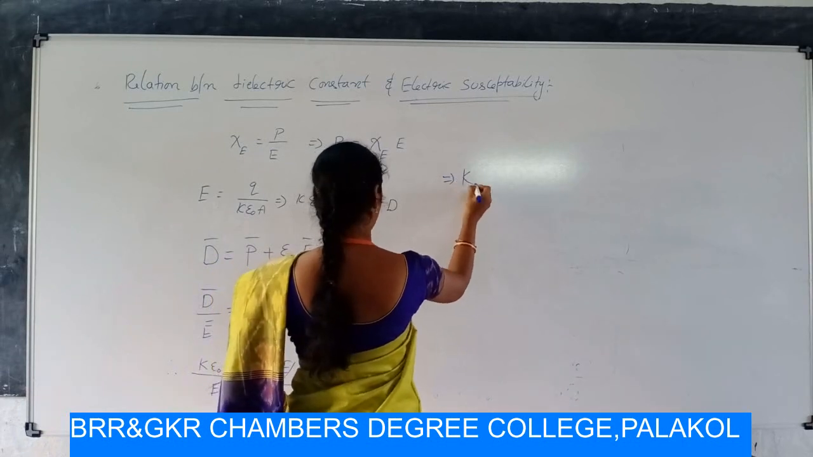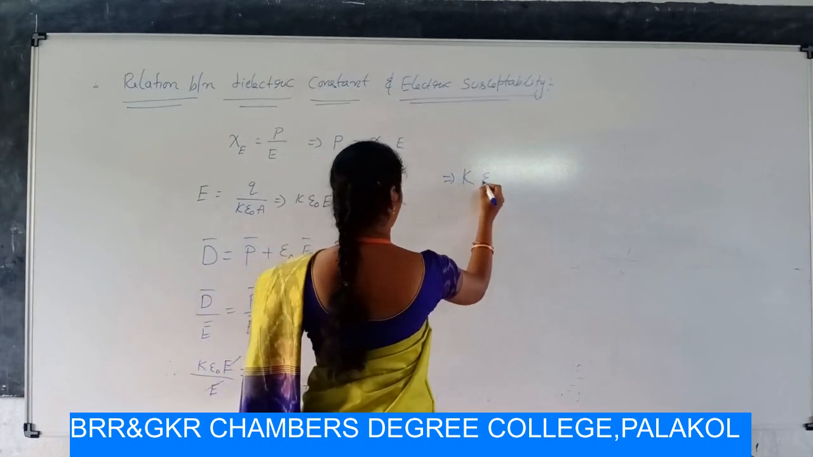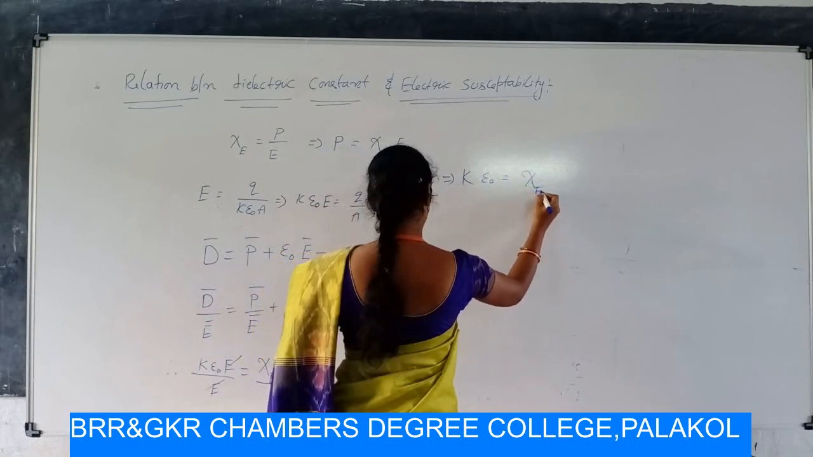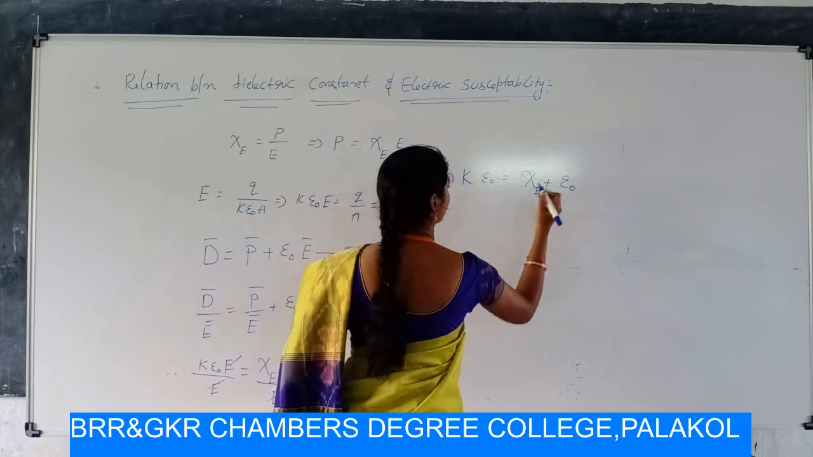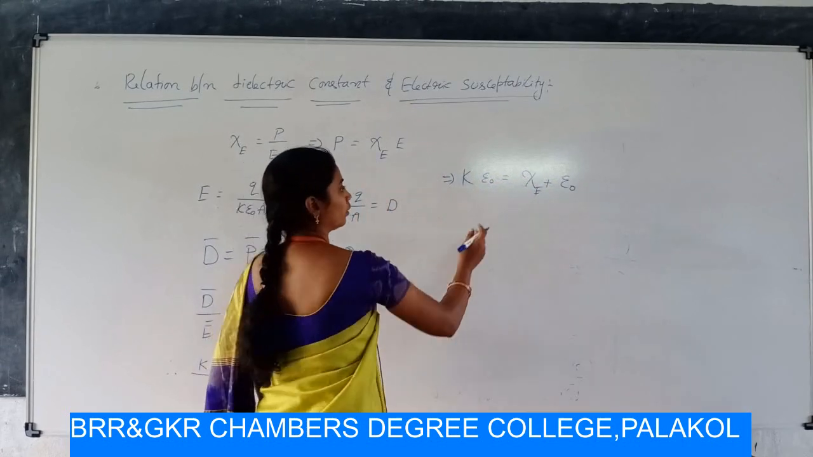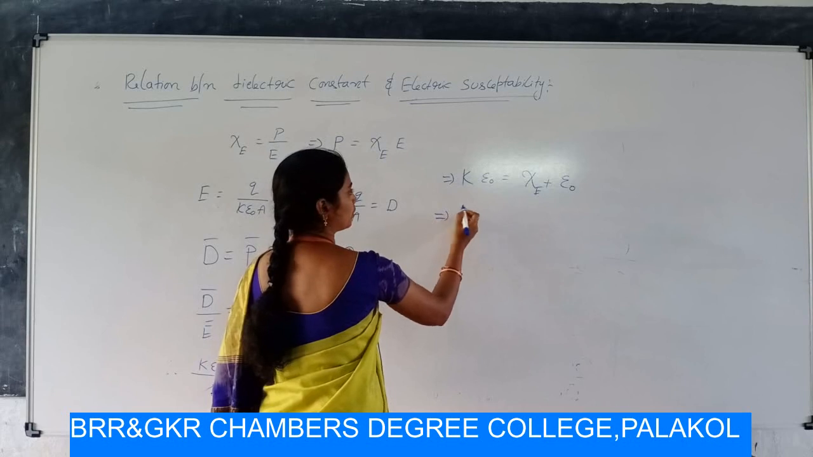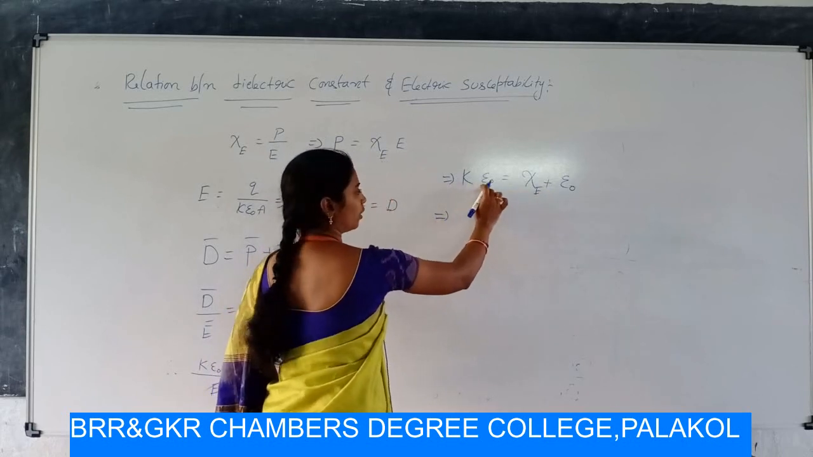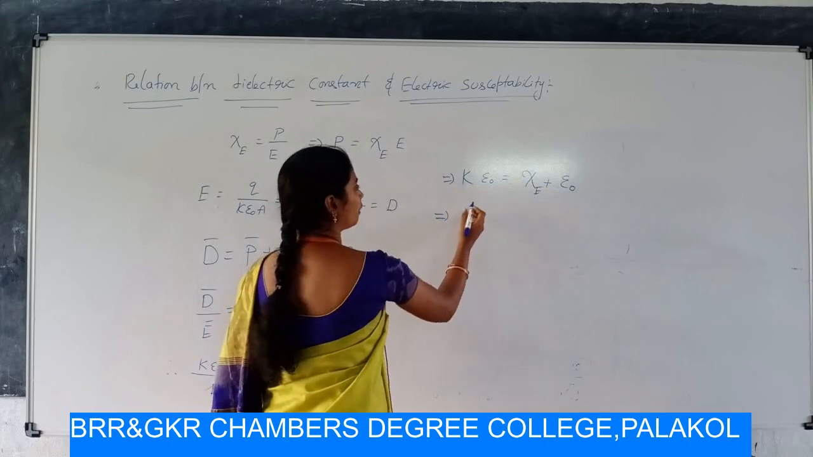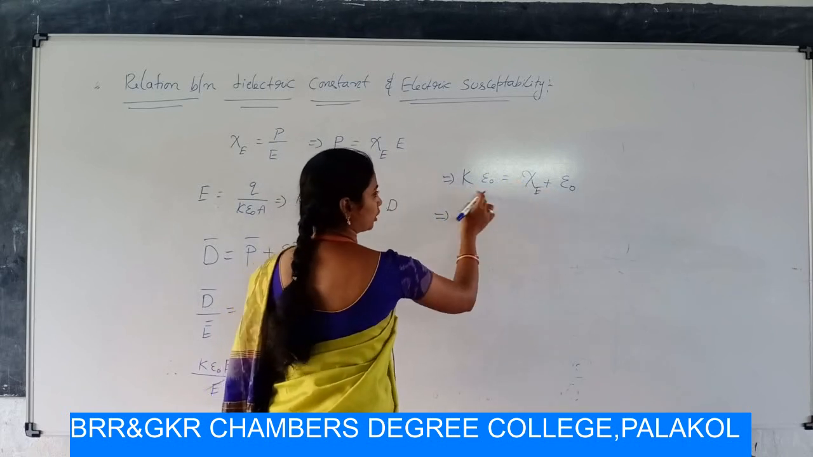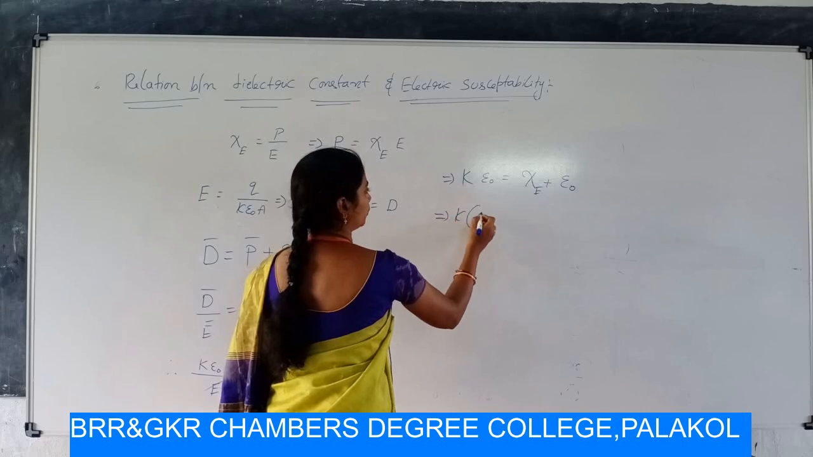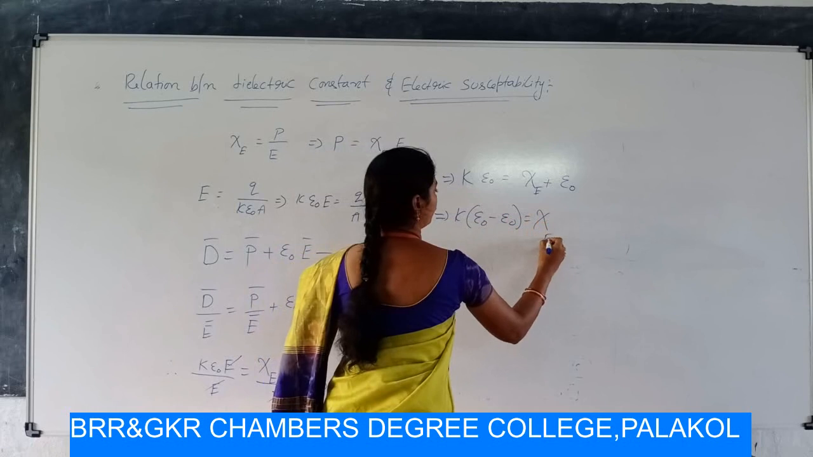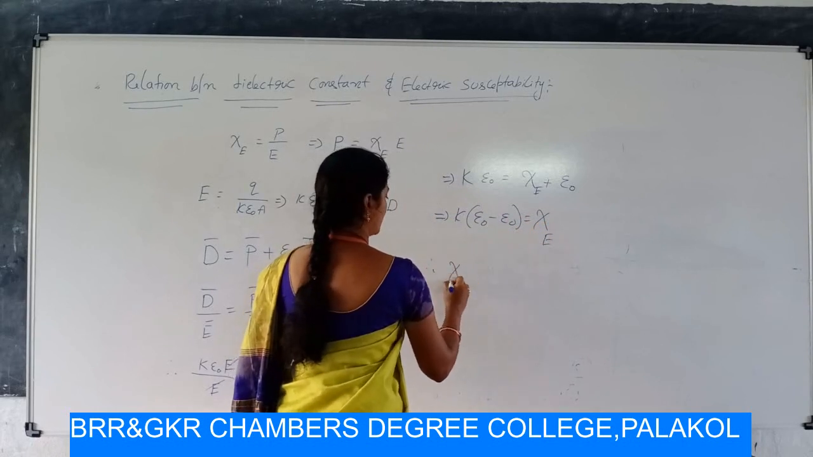that implies k epsilon naught is equivalent to psi e plus epsilon naught. Here in LHS epsilon naught, in RHS also epsilon naught. We can then put this epsilon naught to this side, then k epsilon naught minus epsilon naught is equal to psi e. Therefore, we can write psi e is equivalent to